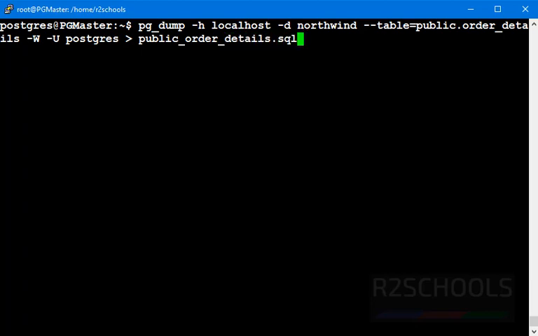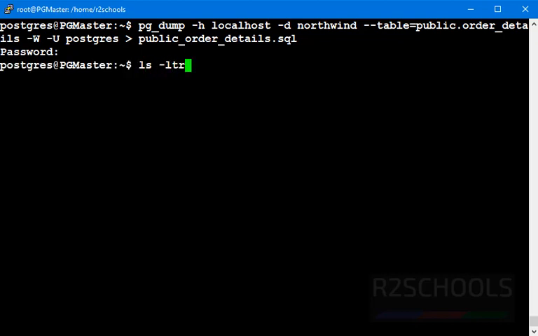Here you can give anything, dump or temp or txt, anything is fine. Then press enter. Then provide the password for the user postgres.